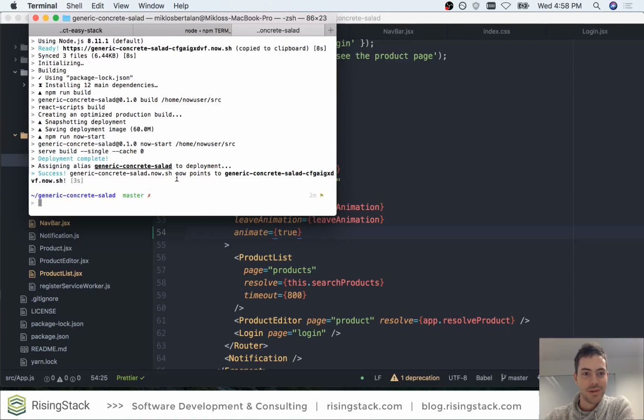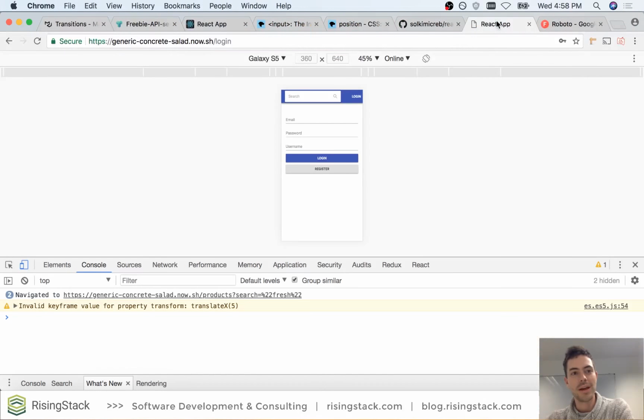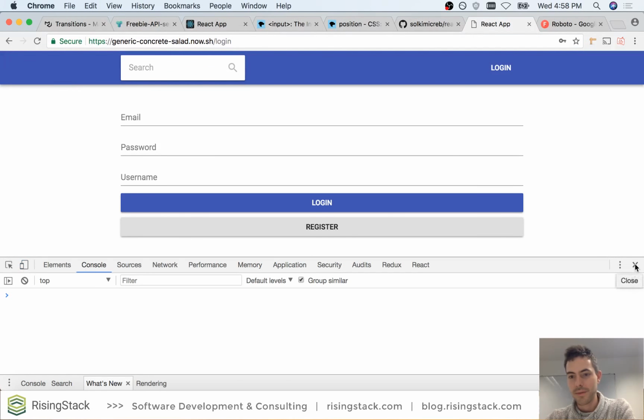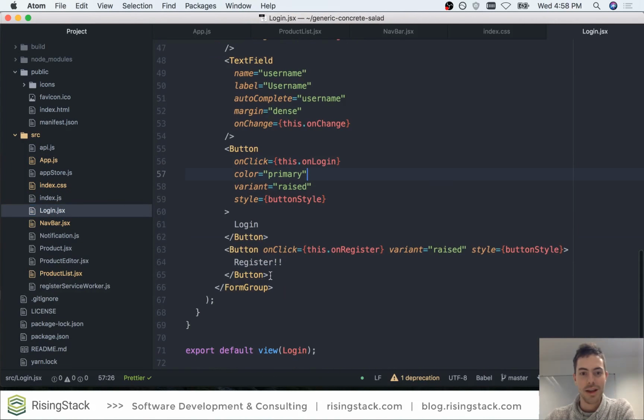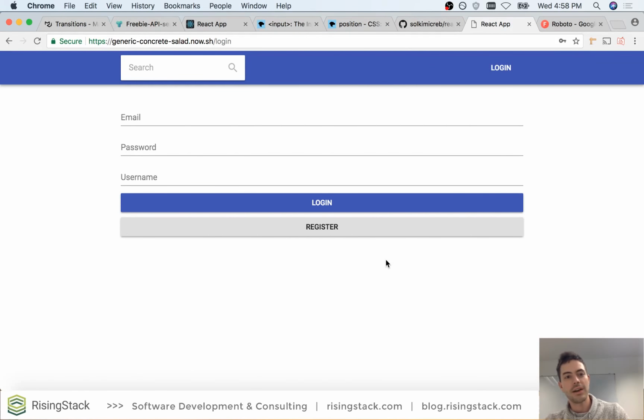Okay, so the code is now out on the internet. The new code should be out, the new application should be out, and if I come here, just to make sure that you got this, here in the login screen I have these 2 exclamation marks, and this is the code that should be out on the internet. I did this change before I deployed the stuff. So if I refresh now,